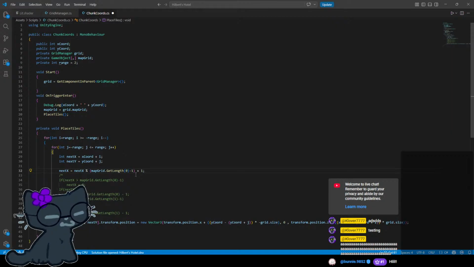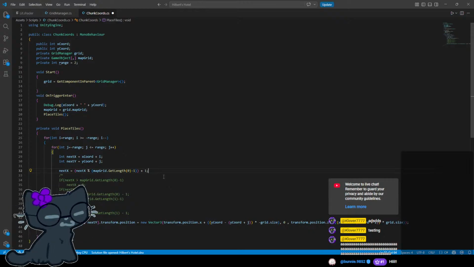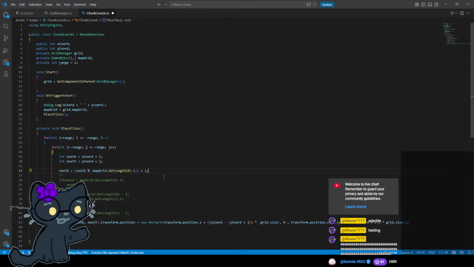Plus 1? Is that what I need to do? Plus 1? Because then if it's 2, then 2. If it's 3, then it would be 3. If it's 4, then it would be 4. 4 divided by 5. What does that leave as a remainder? I don't get it. Didn't it leave 1? No. It leaves